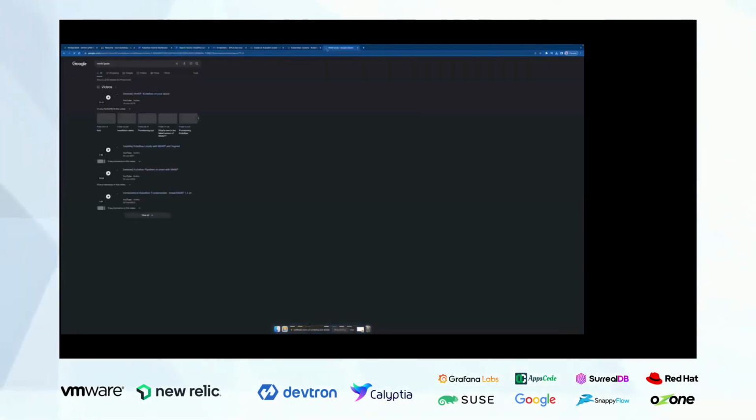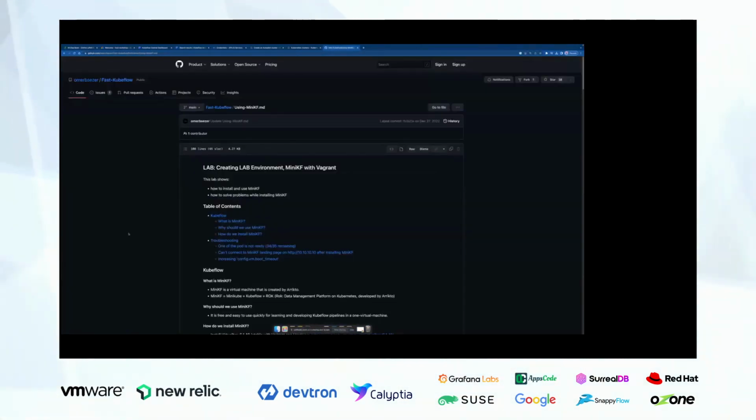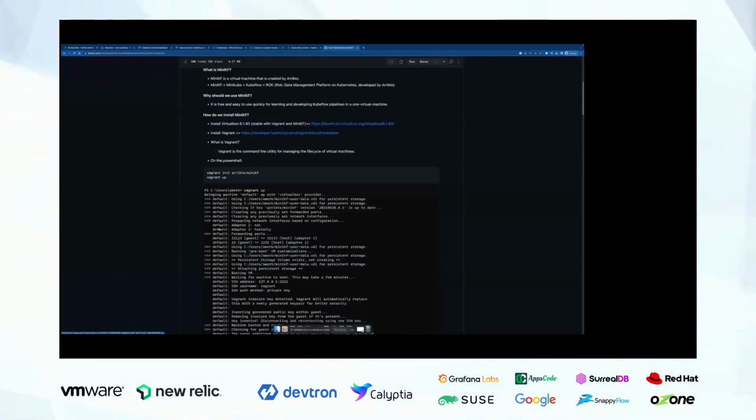Essentially, this is a very lightweight Kubeflow deployment that you can use for experimentation. Remember that this is not production grade, so you don't want to use MiniKF for your production workloads. But for experimentation, maybe you just want to run this on your local machine and get acquainted with Kubeflow. This is the right place to start.